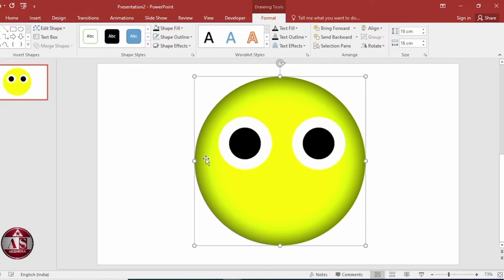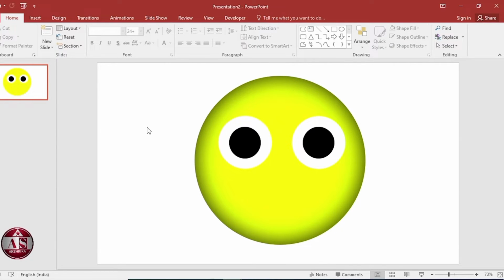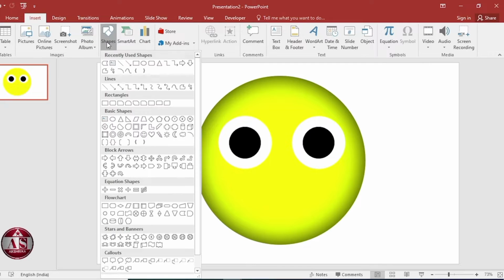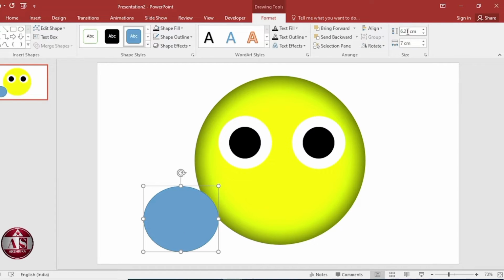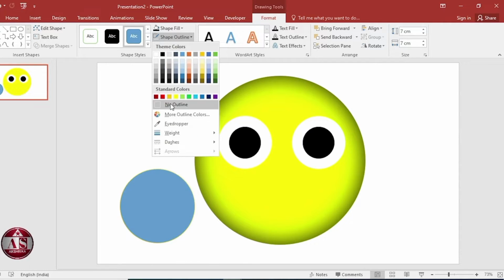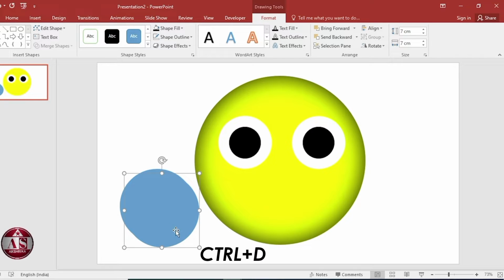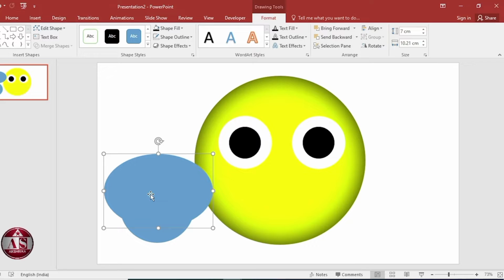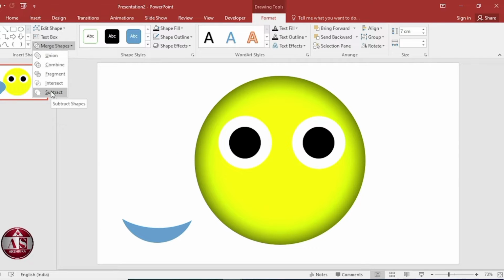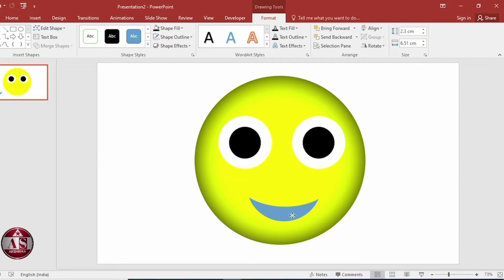Now let's make the emoji lips. Again go to Insert, Shapes, select Oval, size 7 cm and 7 cm. Shape Outline, no outline. Duplicate, increase width size, place here, select both, select Subtract from Merge Shape. Increase a little size,